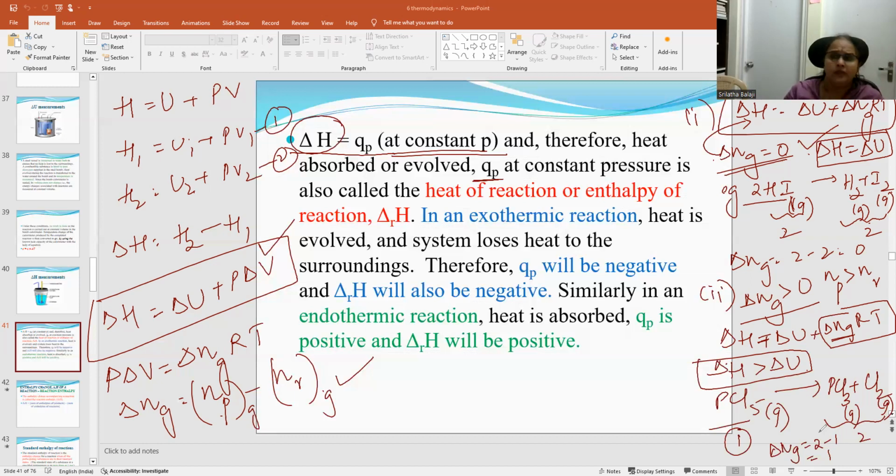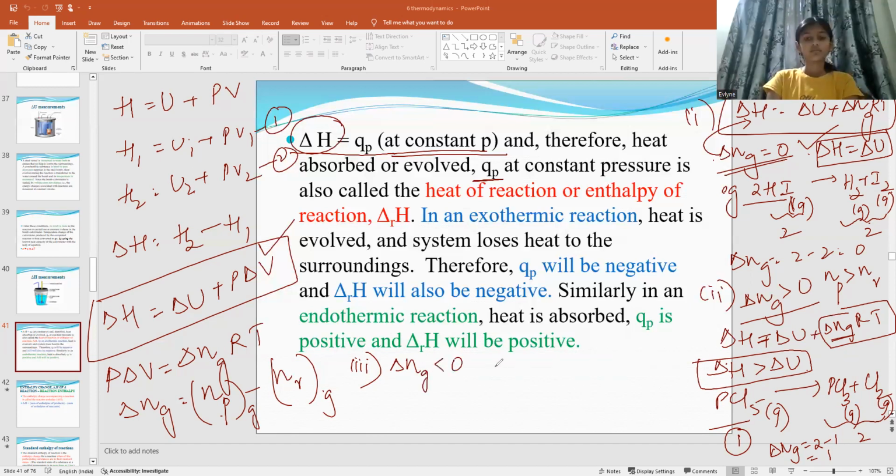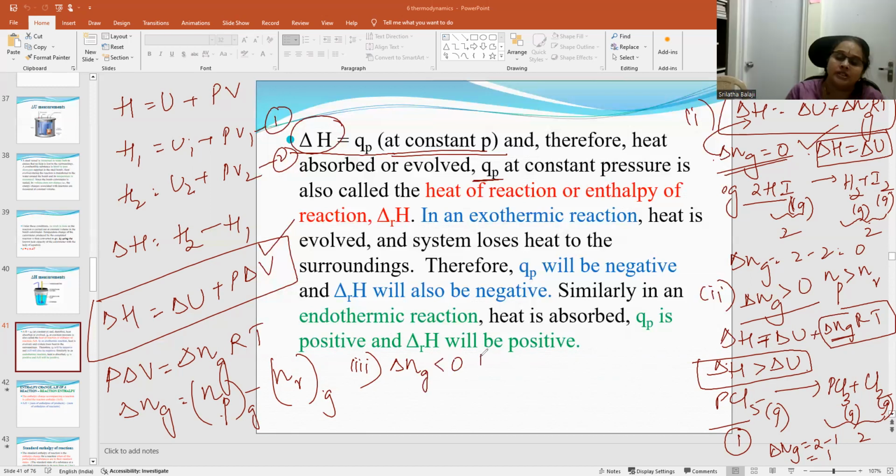Yeah. Now what will be the third case? What will be the third case? Come on, you only tell me. First we saw delta Ng is 0, then delta Ng greater than 0. So what shall this be? Delta Ng is less than 0. So in such a case, that means number of moles of reactants